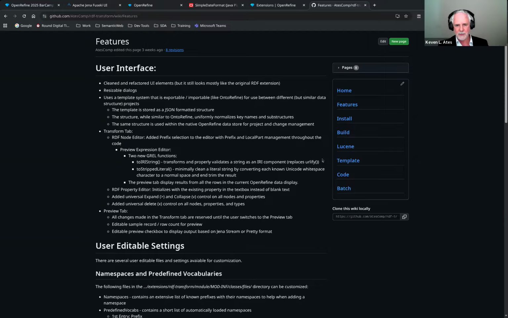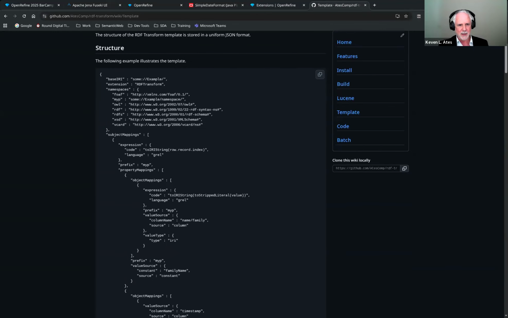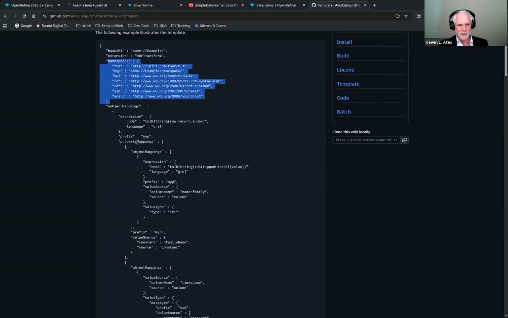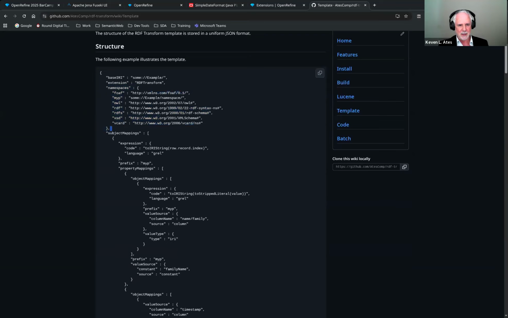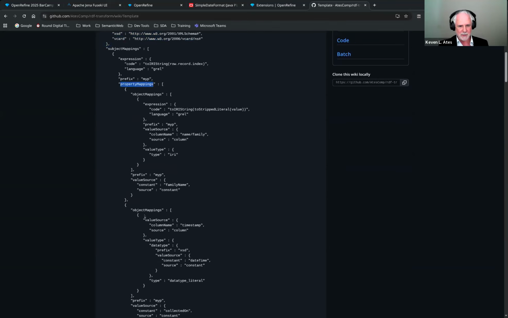It's based on this idea of using a template, right? So basically what you're doing in the RDF extension is building a template. And then that template is used to do the transformation. So the templates look something like this. I actually have to update this because I've just changed all the namespaces and how they're done. But it uses a subject mapping, a property mapping, and then object mappings. So subject, property, object, or SPO